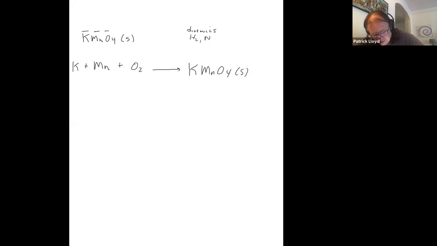H2, N2, O2, F2, Cl2, Br2, and I2. Those are the 7 diatomics. So if you're writing the formula for a compound that has any of those elements in it, you're going to write them as diatomics. Now, the only thing left to do is to balance it and get the states of matter. So in terms of states of matter,